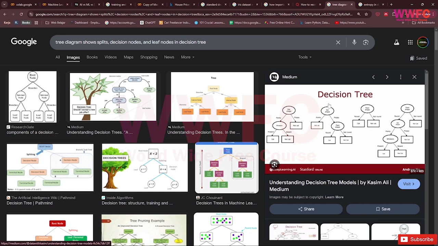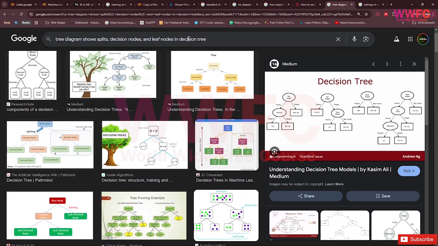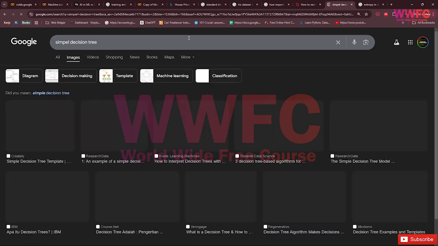This is a decision tree: if it has pointy ears and whiskers, it's a cat; if floppy, it's not a cat; if it has whiskers then cat, and if it does not have whiskers, it's not a cat. So it's a simple decision tree. How about we make a simple decision tree?